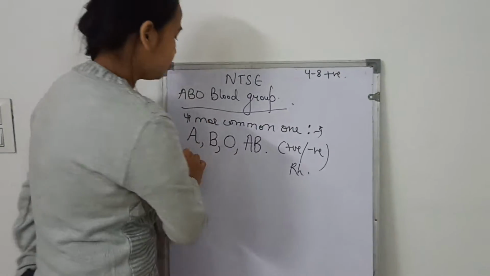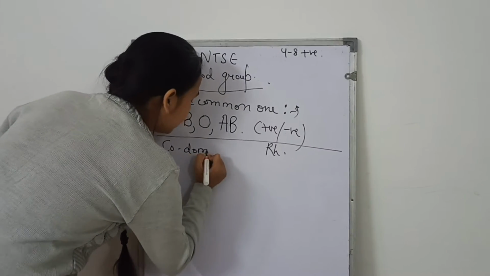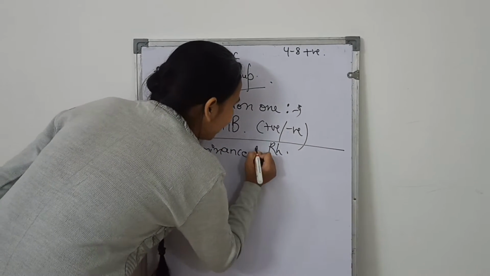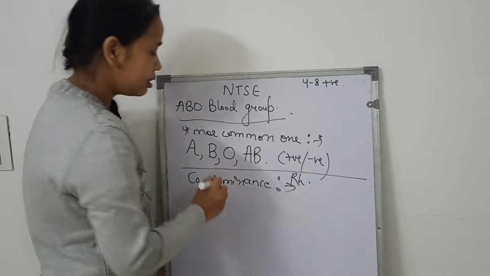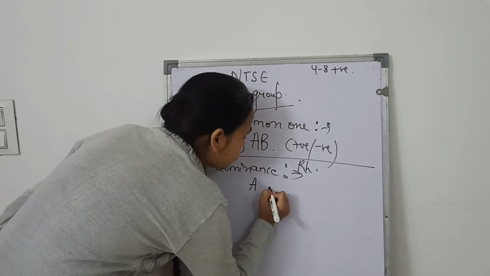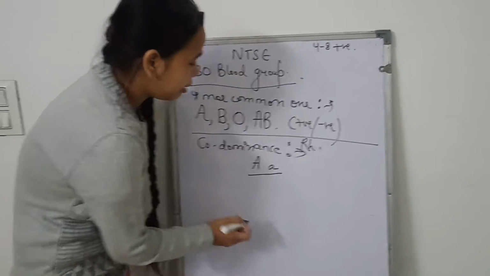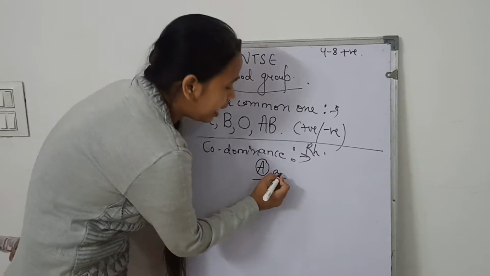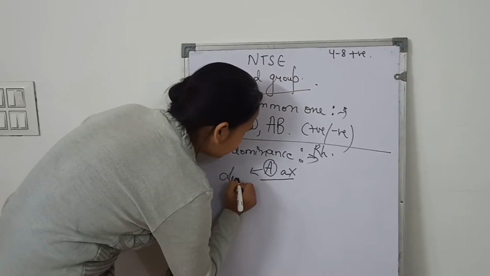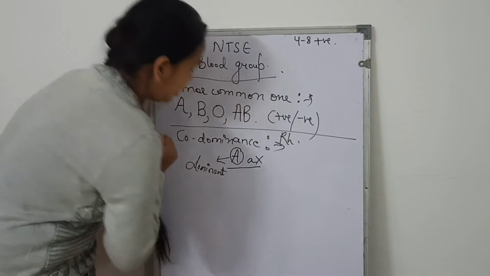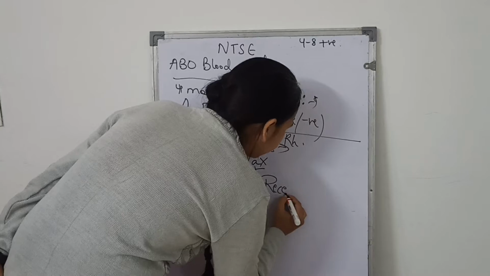So let's start: the ABO blood group follows codominance. Yes, they follow codominance. I will tell you what codominance is. See, generally what happens is when 2 alleles are present, suppose I am talking about the 2 alleles A and a. If these 2 alleles are present, the A allele will hide the expression of the other allele. So what do we call it? Dominant allele, that you have studied in Mendel's genetics. And the allele which is unable to express itself is the recessive allele, right?